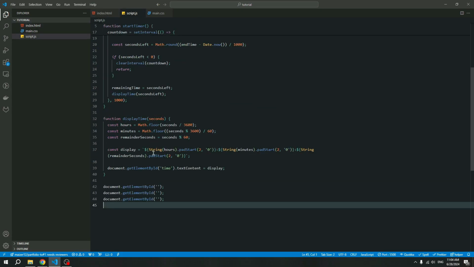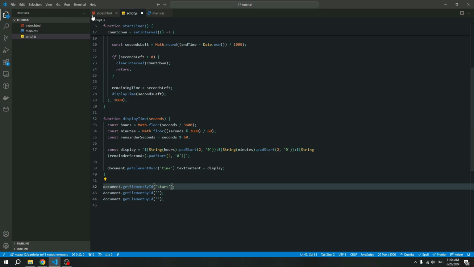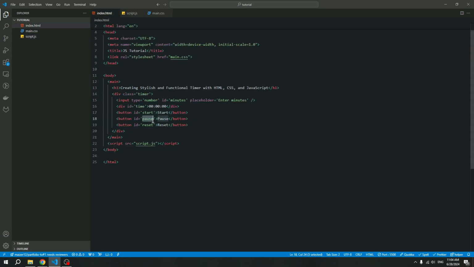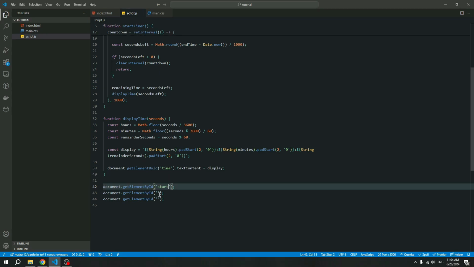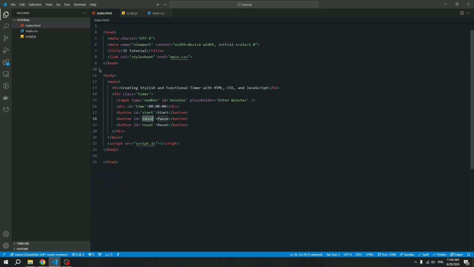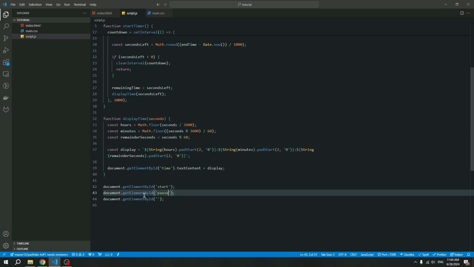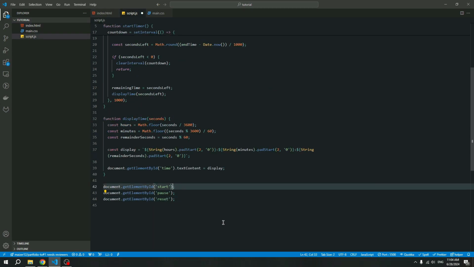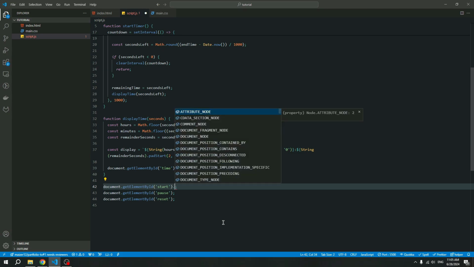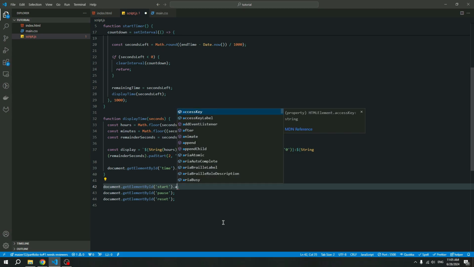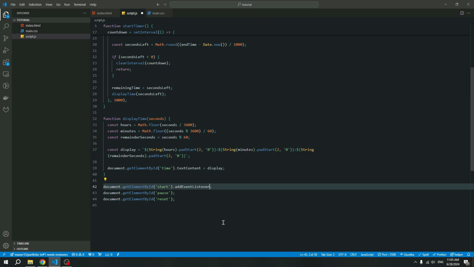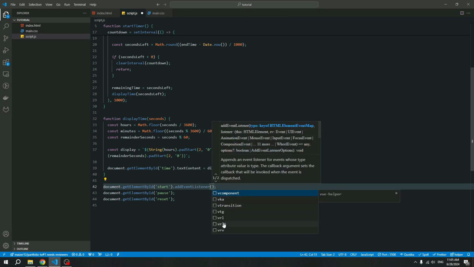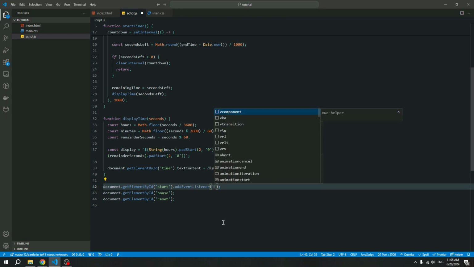First we need to use start, next pause, and also we need to add a reset. Okay, and first create for start. Create an event, add event listener, and using click,